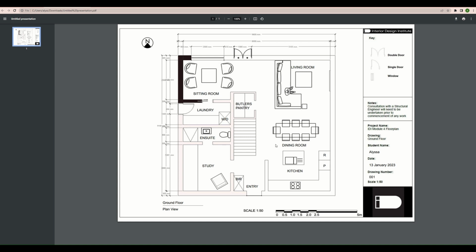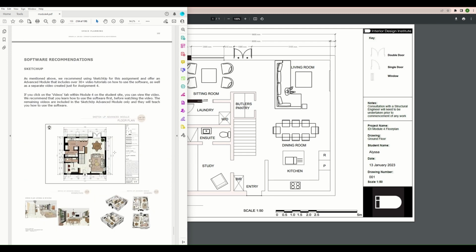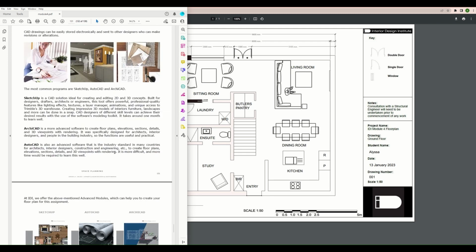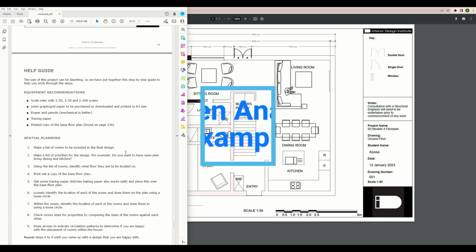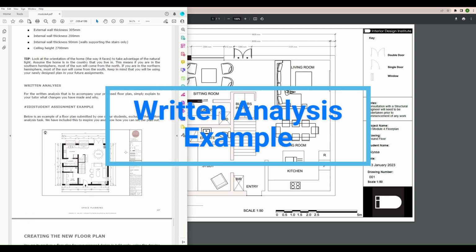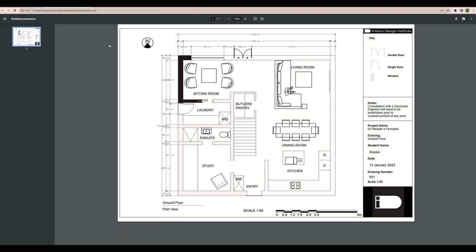So you need to hand this in, and I think you need to do a write-up. So I'll leave the write-up to you. I don't think it's going to be too hard. I'm just going to say why you did things the way you did, which is easy because you would have designed it a particular way. Look, written analysis. For the written analysis that is accompanying your floor plans, to be explained to your tutor what changes you have made and why. So I followed the direction of the brief, which is,